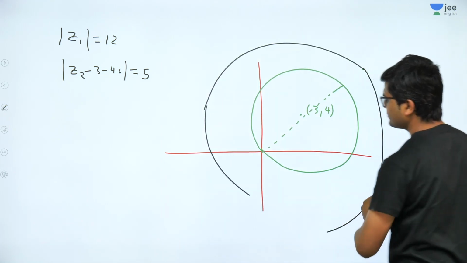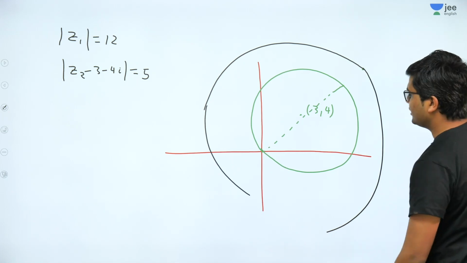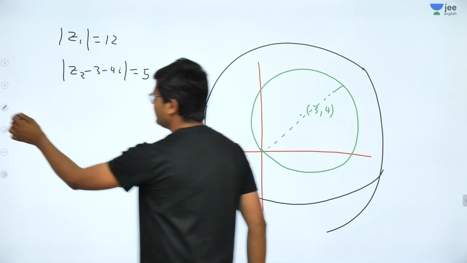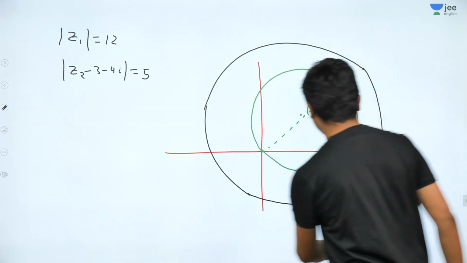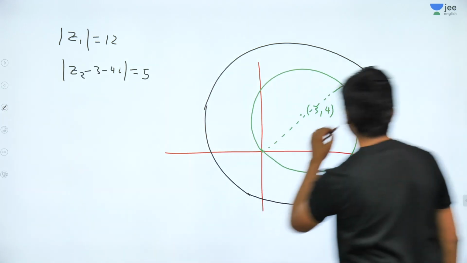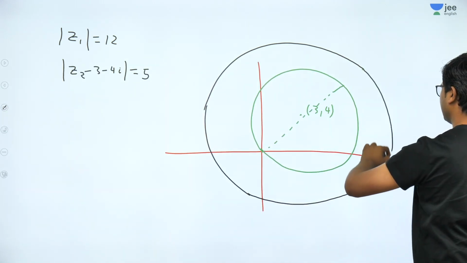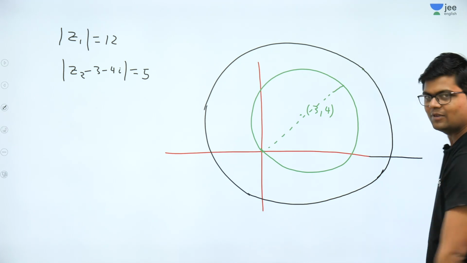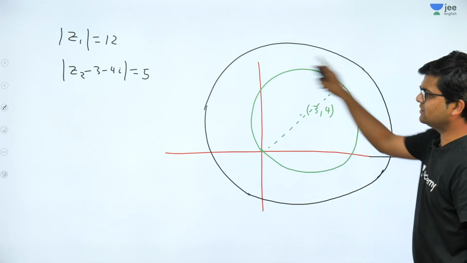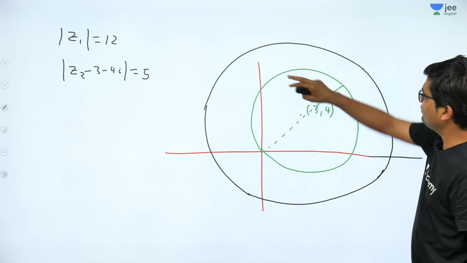Now let me plot it completely. So this will be the rough circle that we need to plot. Now Z2 moves on this circle, and Z1 moves on